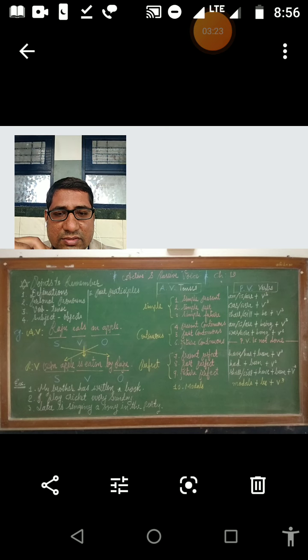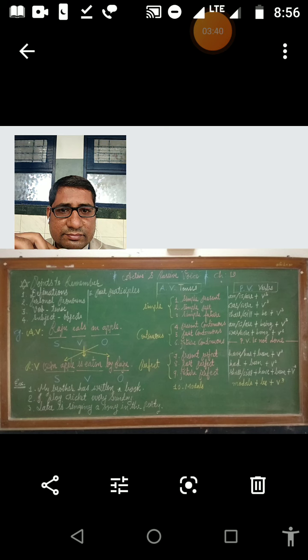But when we convert the same statement into passive voice, you will see the object of the active voice sentence, an apple, is placed first, at the place of the subject in passive voice. Its verb changed according to the passive voice verb formula, so it turned to is eaten, agreeing with the subject. And the subject of active voice, Raju, took the place of the object in the passive voice statement.